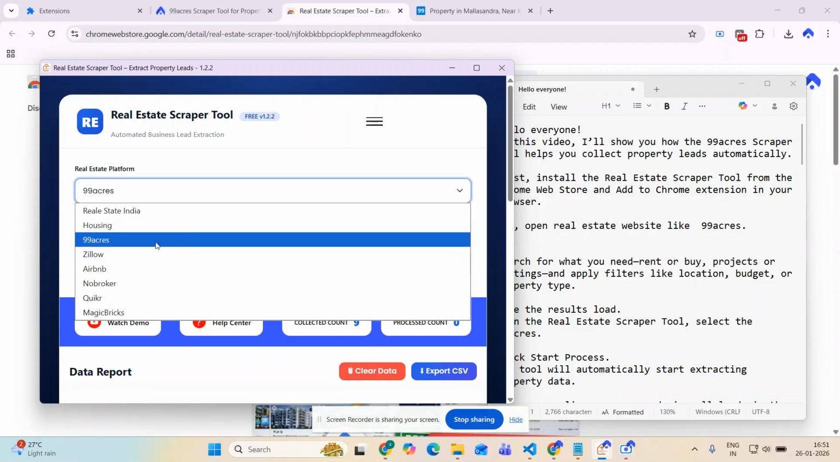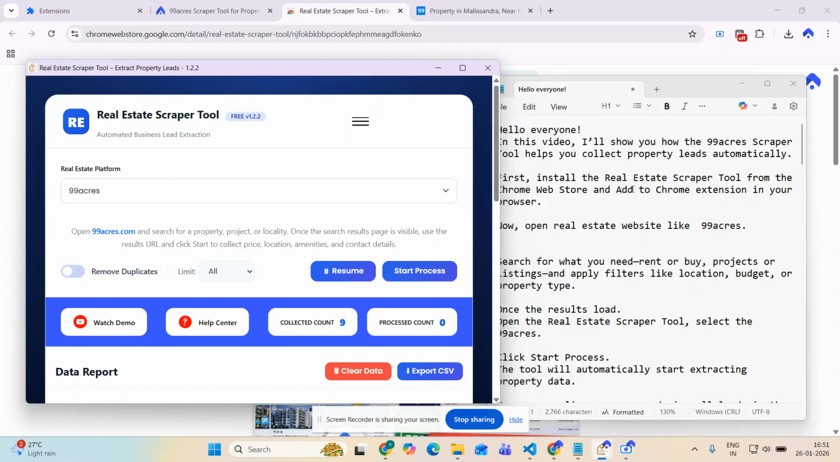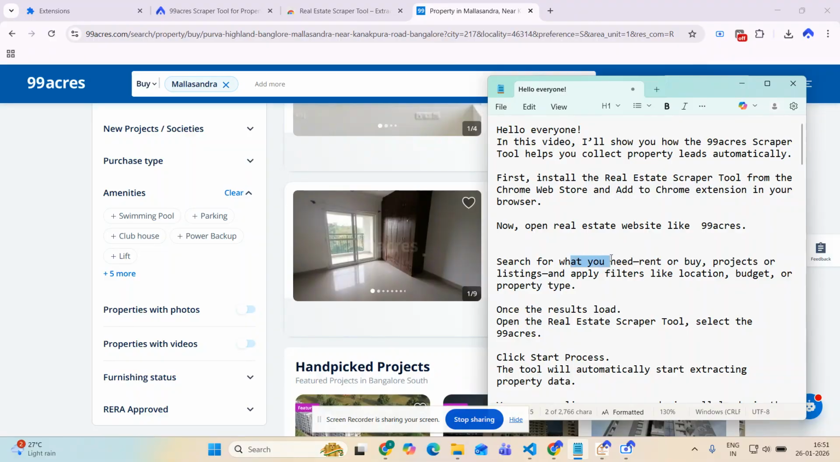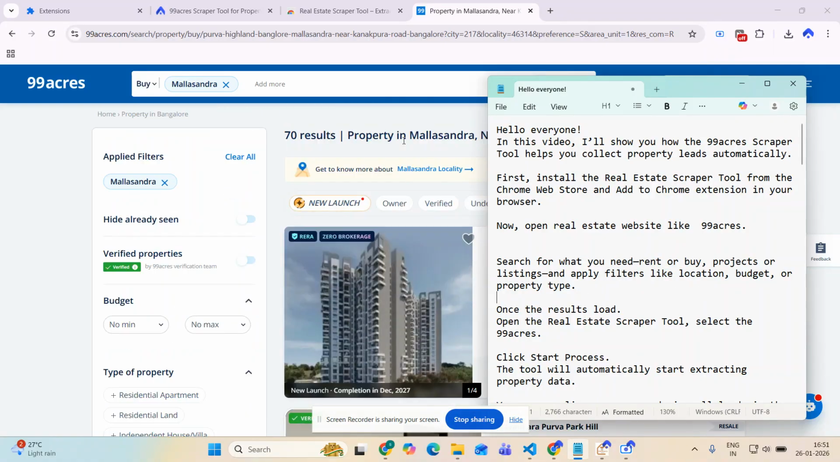First, I select 99 acres, and now open the real estate website like 99 acres and search for what you need, rent or buy, projects or listings, and apply filters like location, budget or property type. Once the results load,